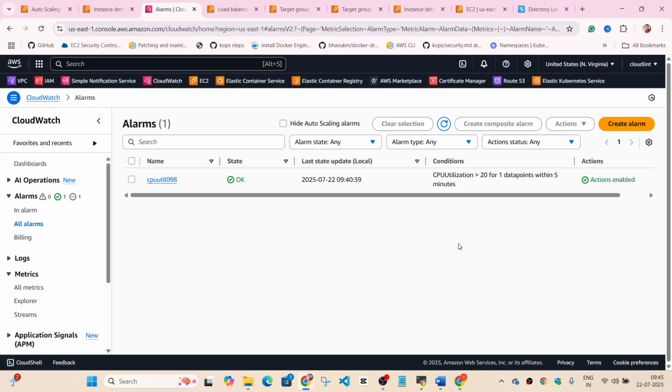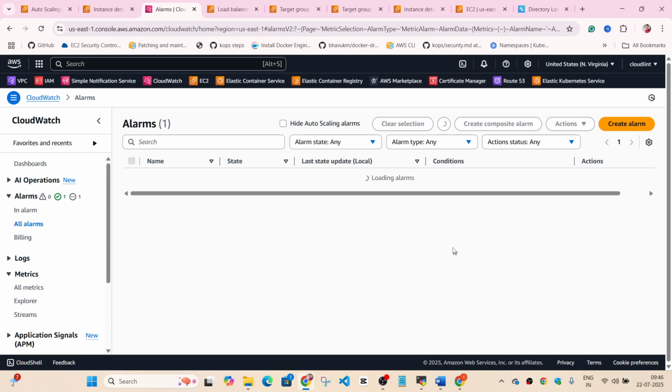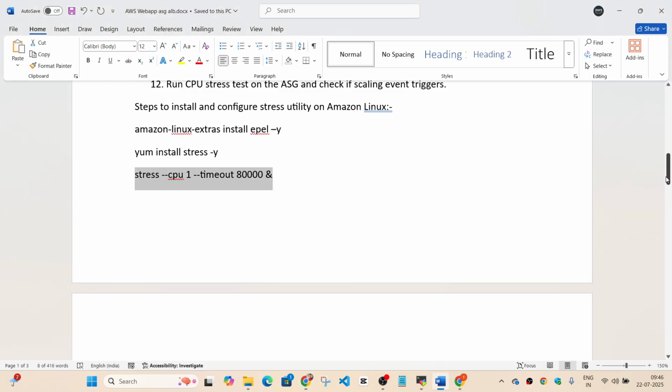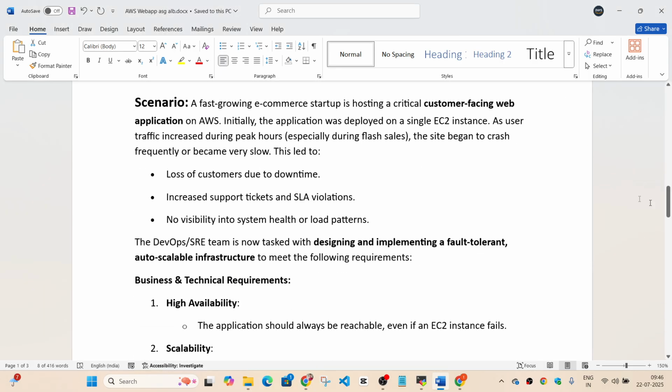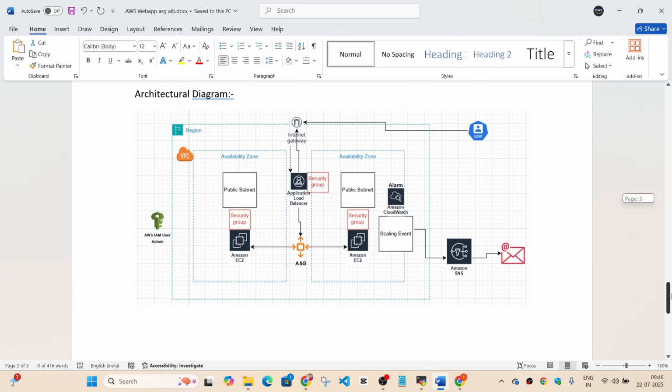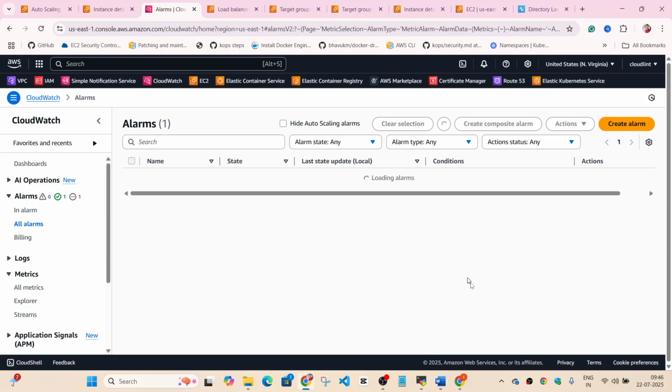This is a very good project, especially if you're appearing for an AWS cloud role. You can explain this step by step. And once you learn automation also, I mean Terraform automation, then it's going to be icing on the cake. So this is one of the projects that you can do. You can tell them that this is the scenario I was working on. You can use any example. This is one of the scenarios that you can use in your interview also. But you should be able to explain the entire architecture and how you configured each and everything step by step. If you're able to explain this, you'll impress them for sure.